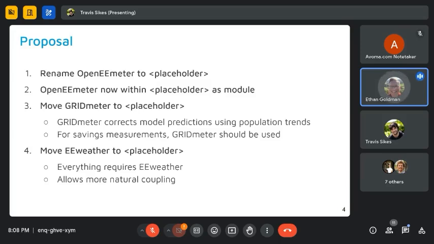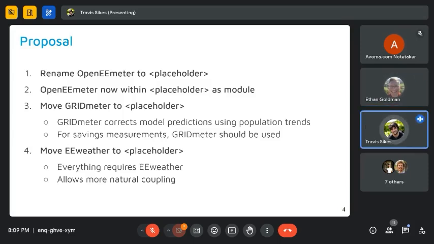And I guess this is becoming a more popular model for code repositories to do the mono repo and have everything synced in versioning, so that you can know that it's all compatible versus needing to pin the dependencies and make sure that you're not getting ahead or behind with things that work together like EEweather and EEmeter. So it seems like it's more or less going in the right direction, but I'm not the expert on that kind of software engineering. So open to other people's thoughts as well.